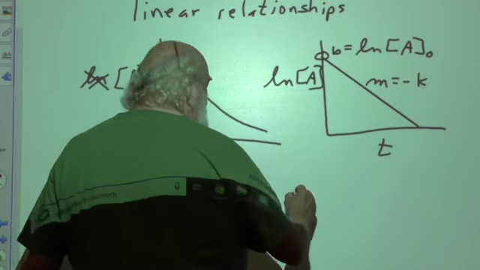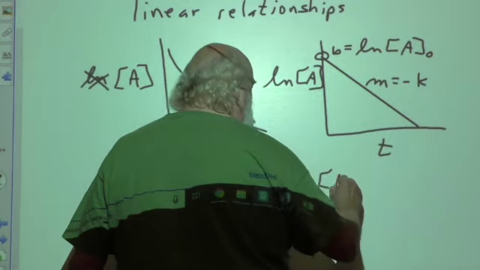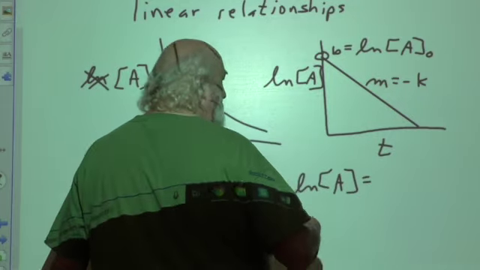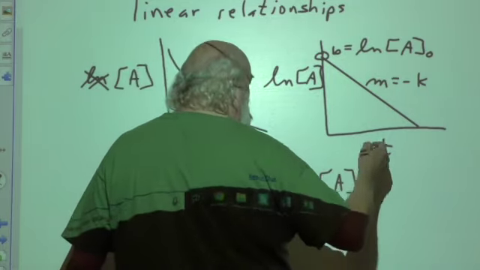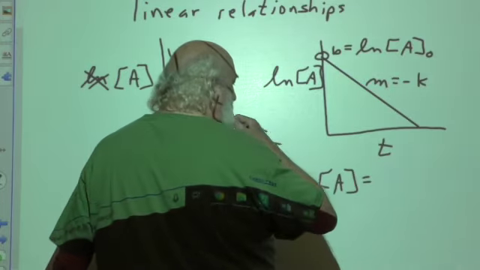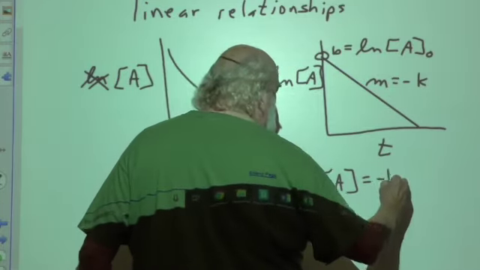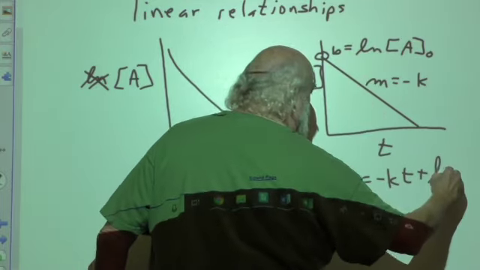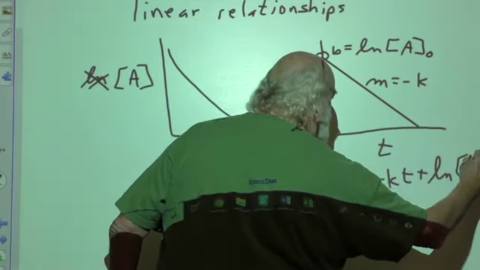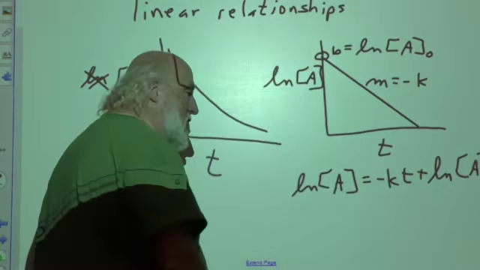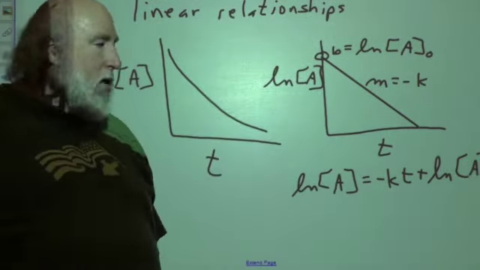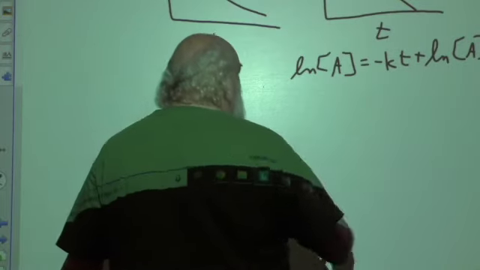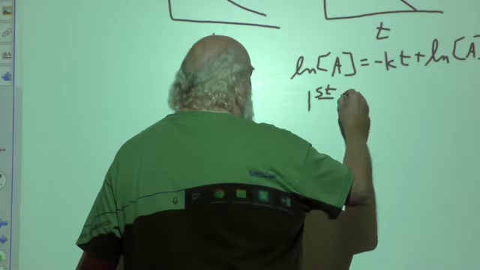B, we get the natural log of A equals mX, or X rather is T, M is negative K. Put that together, you get negative KT plus B, which is the natural log of the initial concentration of A, which we call A sub 0. And this is the equation for first order